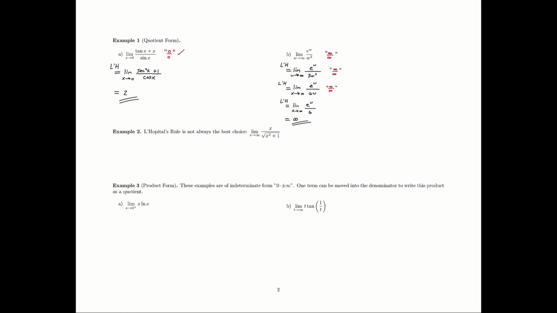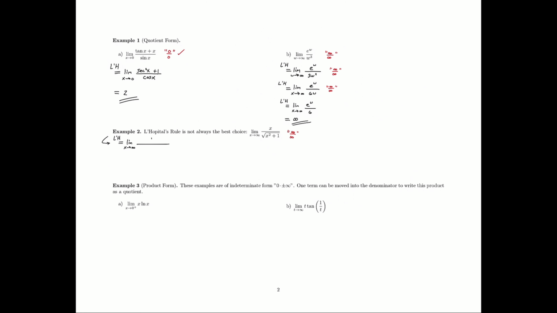Example 2 here, another example of how L'Hopital's rule is not always the best choice. If we take a look at this, we do our indeterminate form assessment, we'll see that this does give us infinity over infinity. And if we go ahead and do this limit, I'll just take it from here and start right here. If we use L'Hopital's rule, this would be the limit as x goes to infinity of,